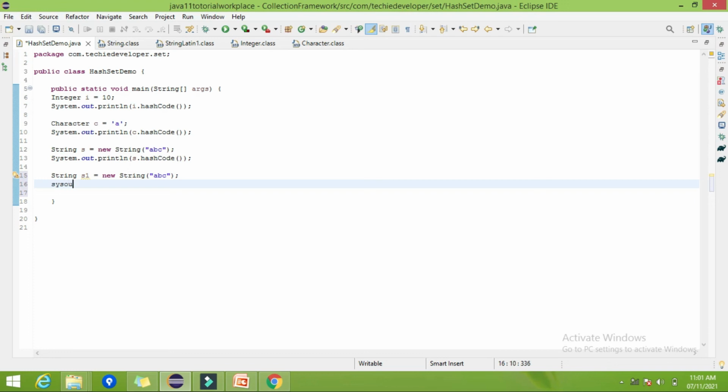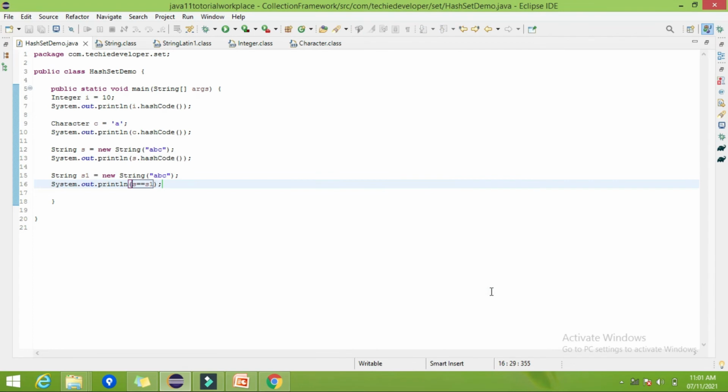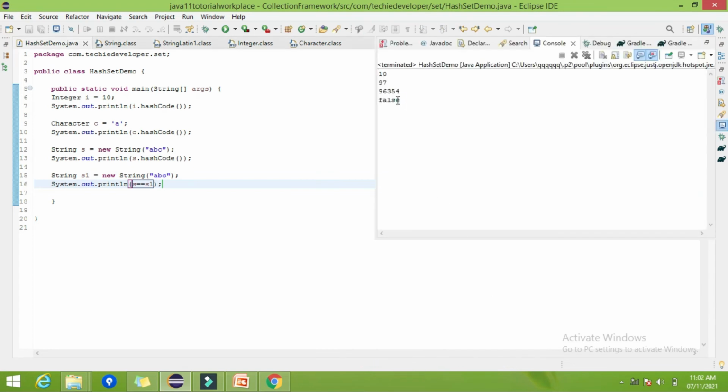Now print s == s1. So will it return true or false? Because both strings have the value ABC. So will it print true or false? Oh, is it printing false? Why? Even though both strings have the value ABC, why is it printing false?